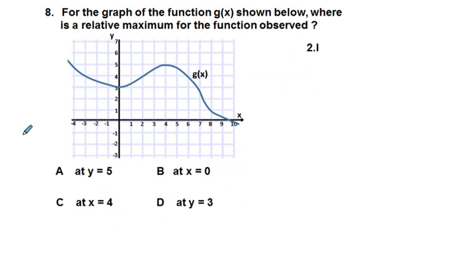8. For the graph of function g of x shown below, where is a relative maximum for the function observed? Now, where should be an alert word, and I think I've put this here. Where, what? When you talk about where, unless otherwise specified, you are talking about what kind of thing? You're talking about x values. Sometimes it will say what is the x value where there is a relative maximum. It could get that detailed. But if we look at this,